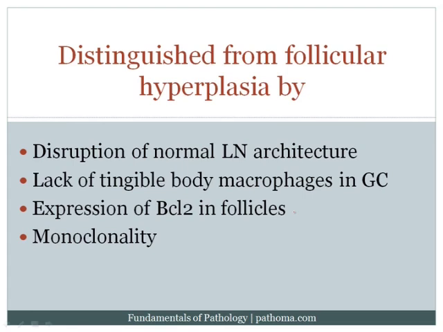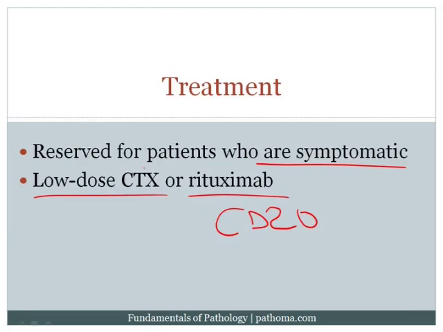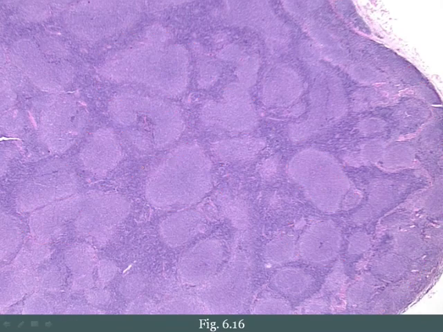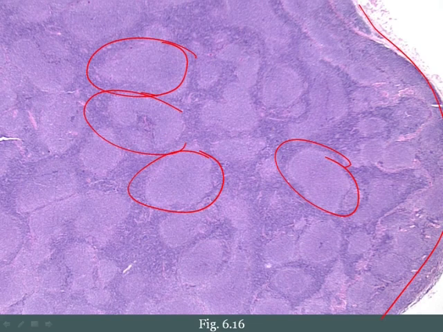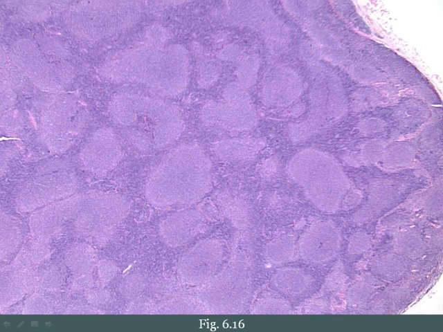Well, number one, when we have follicular lymphoma, there'll be disruption of the lymph node architecture. What do I mean by that? Well, I'm going to take you back a couple slides to this picture which I had drawn here, and let's look at this lymph node again. When we look at this lymph node, what we see is that there are follicles throughout the entire lymph node, and we don't see any other structures. So these follicles have basically taken over or disrupted the normal lymph node architecture, and that's an indication that we're dealing with follicular lymphoma. If this was a follicular hyperplasia in response to an infection, we would see expansion of the